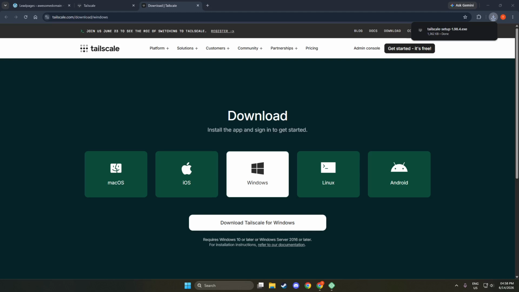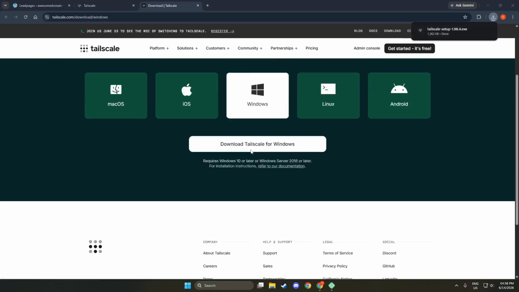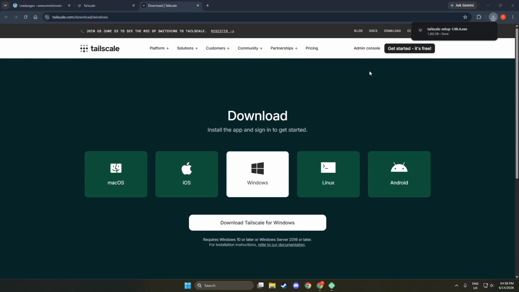Now that the download is complete, locate the file in your Downloads folder. It will be an executable file, often with a .exe extension. Double-click to run this installer. Running the installer is crucial as it sets up the application framework on your computer, preparing it for the upcoming configuration.